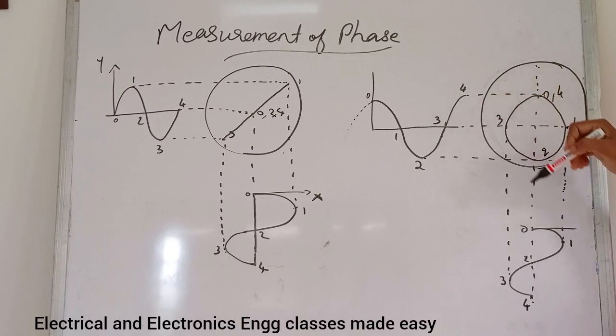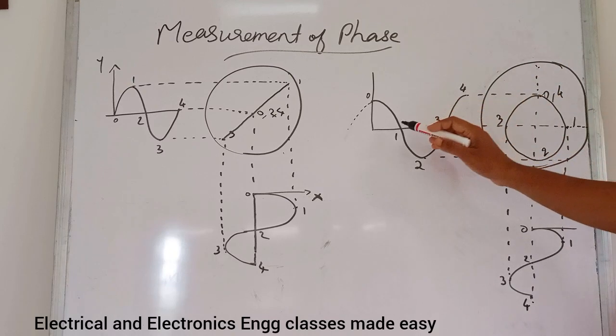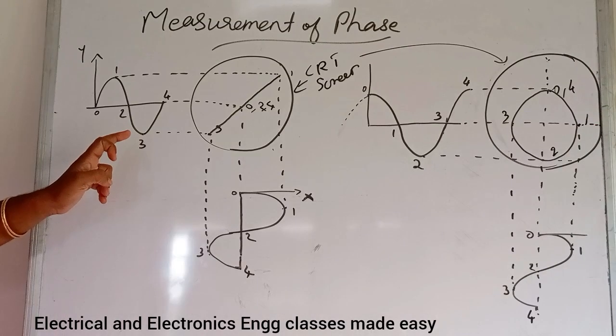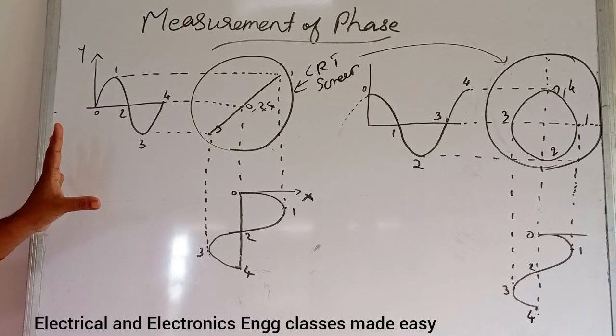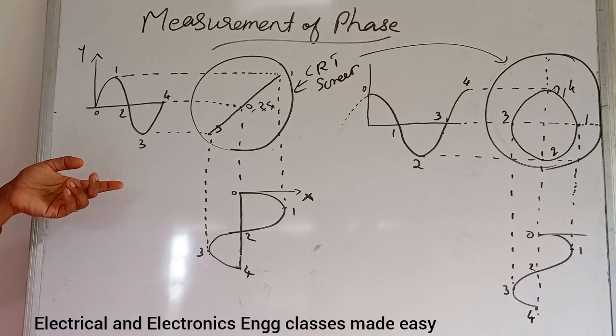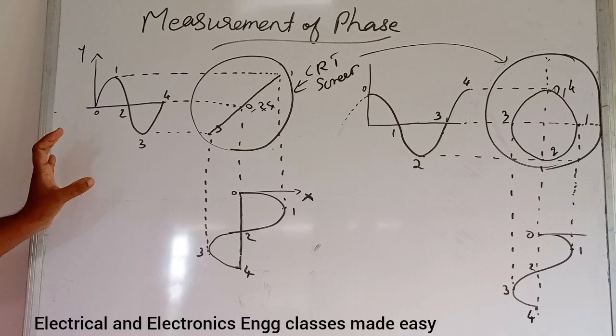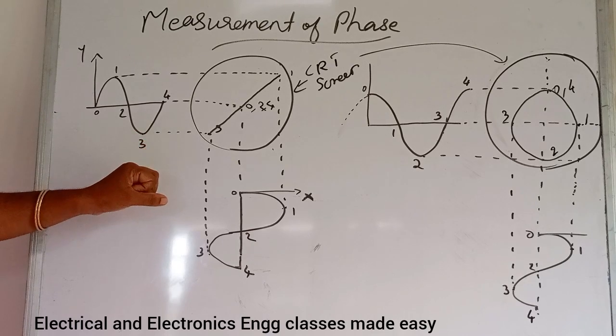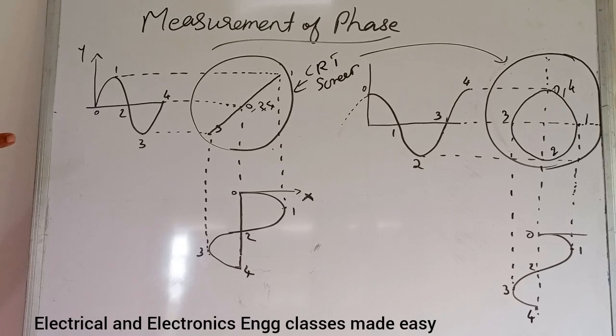So when two equal voltages of equal frequency but 90 degree phase shift are applied to the CRO, the trace on the screen is a circle. Also, when two equal voltages of equal frequency but a phase shift of phi not equal to 0 or 90 degree are applied, then we get ellipse. So, ellipse is obtained when unequal voltages of same frequency are applied to the CRO. So, there are some conclusions about this measurement of phase.